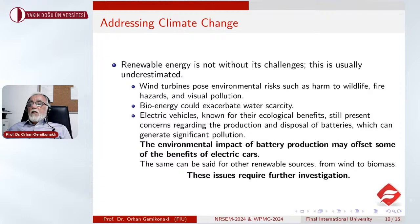Bioenergy may lead to water scarcity, so it's an important setback because you need to grow more to use for energy production. But my main concern is on electric vehicles, what's not explained sufficiently. Yes, they do have ecological benefits, but there are concerns. What are these? The production and disposal of batteries is a serious challenge